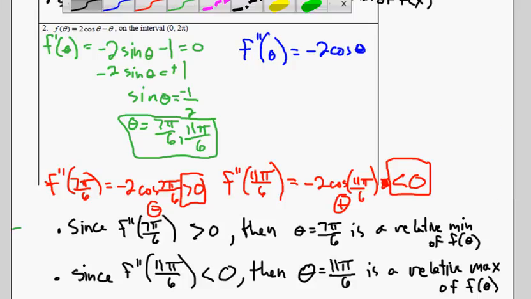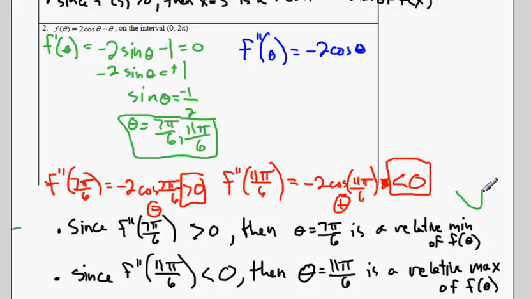Again, let me just draw those so we can visualize what we're talking about. Positive means concave up. Here's an example of something that's concave up. Look, I have a minimum. And down here, second derivative is negative, which means concave down. Something concave down looks like this. That means I'm going to have a relative max. Okay, so that's the second derivative test. Make sure we finish that up, and we will take a look at the